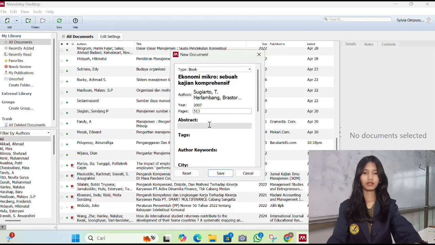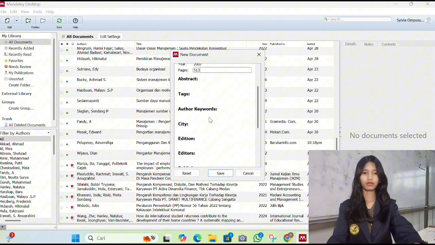We can ignore abstract, tag, and author keyword for a book. Next is city where the book was published. And then edition.